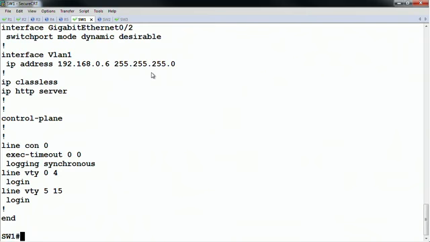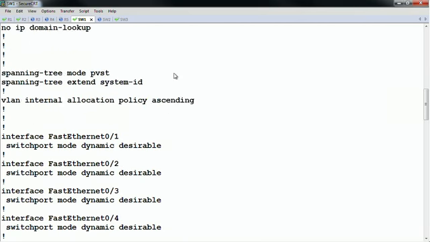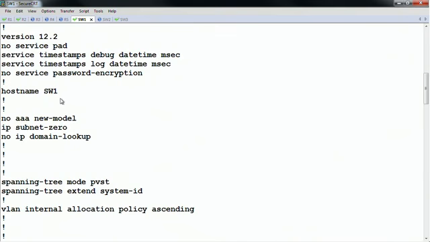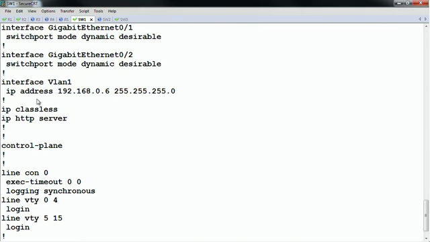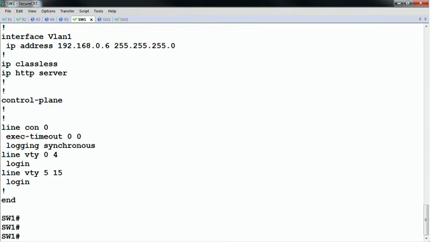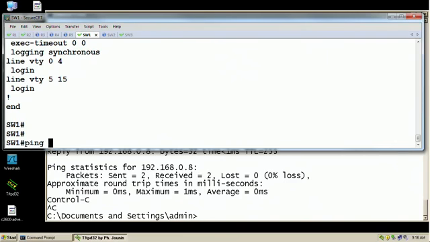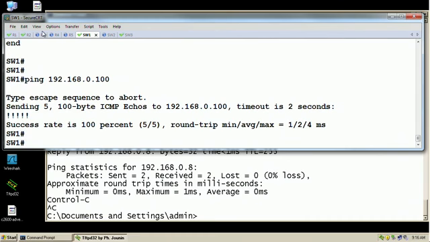Now, the details of what a lot of these commands mean we'll talk about later, like what is the switch port mode command, and what does dynamic mode, what does desirable mean. But we see it has a basic initial configuration with a host name. And on the VLAN 1 interface, we have an IP address. This is what is allowing us to reach that Windows machine, which is 192.168.0.100. So assuming I can get this far, I should now be able to make a backup of this device's config to the